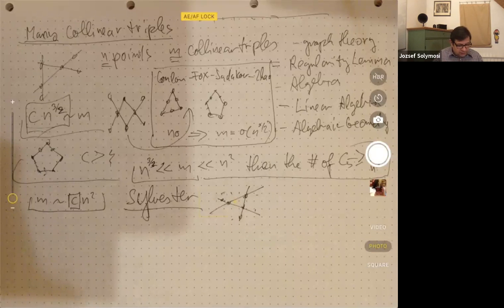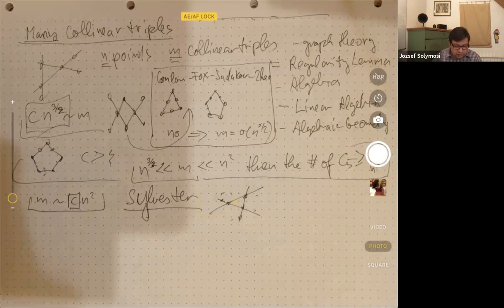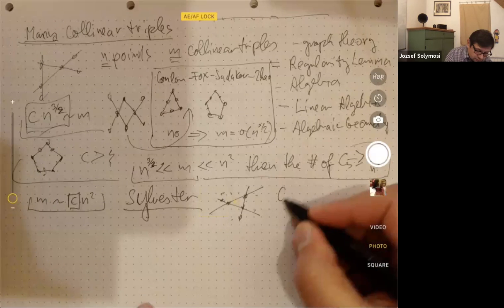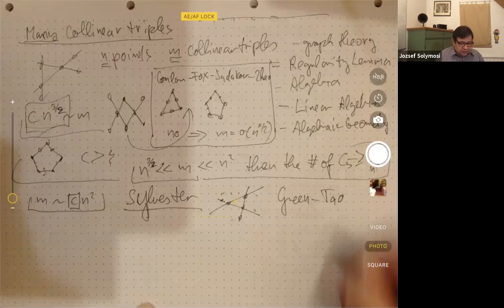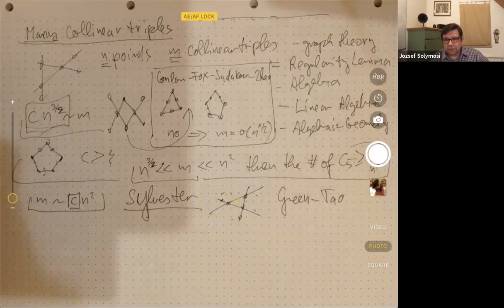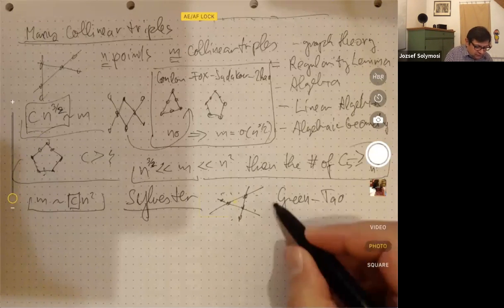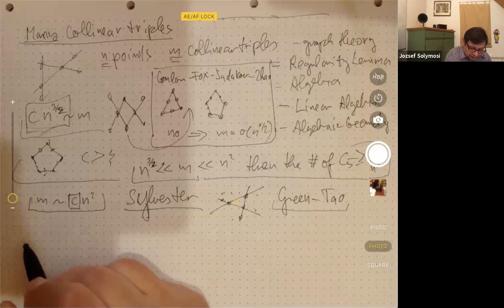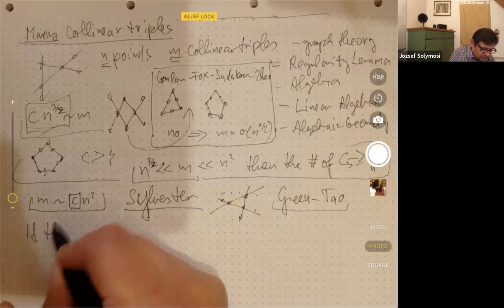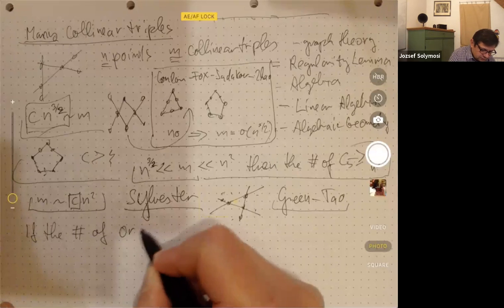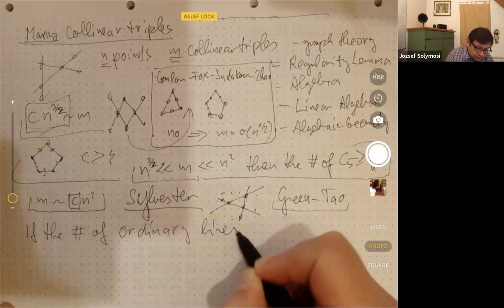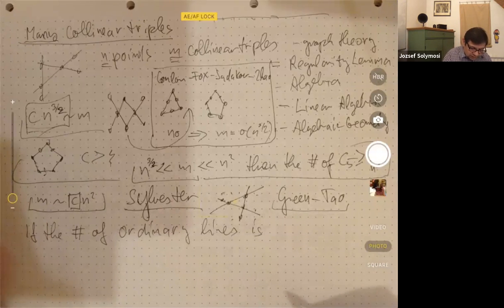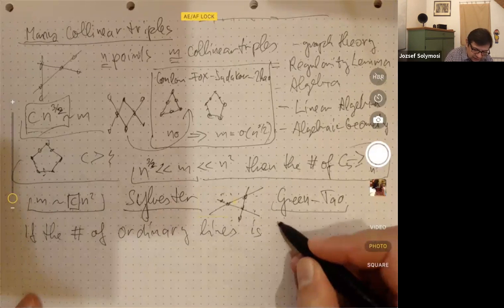But that's roughly the range where we can really come up with a stronger structural result. This structural result is due to Ben Green and Terry Tao. Lines which have only two points on them are called ordinary lines. The lines which have at least three points are not ordinary lines. And here is the very strong and hard to prove theorem: if the number of ordinary lines on n points is just linear, some k times n,